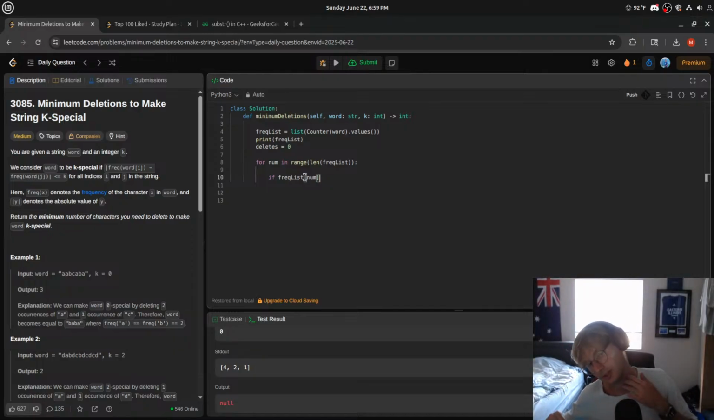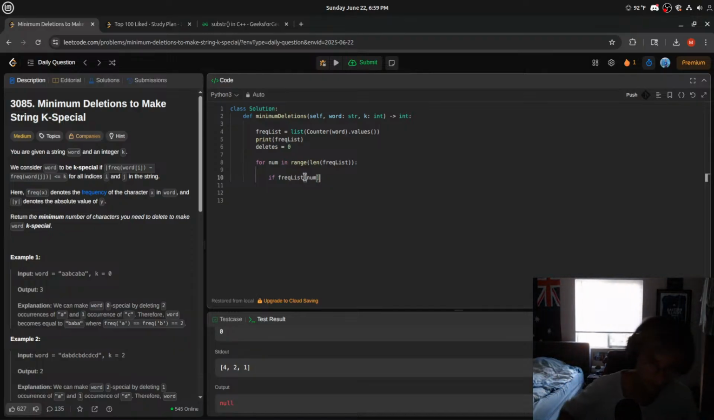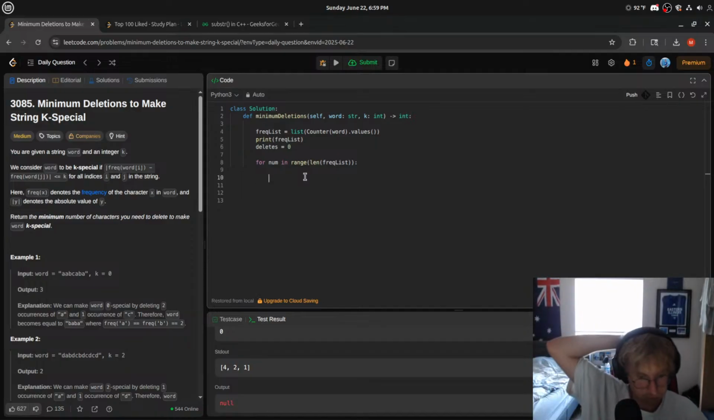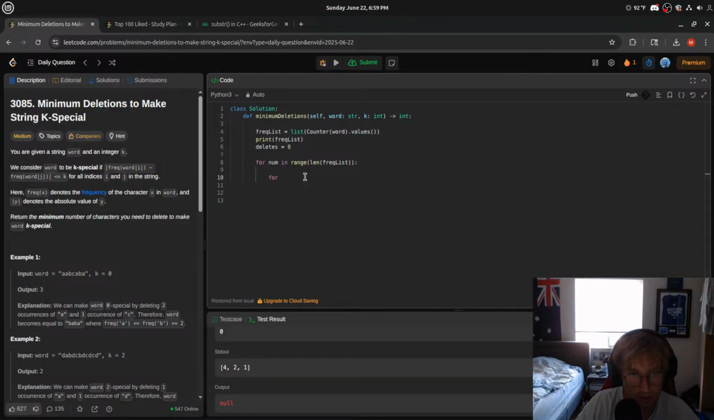is there a better way to do this? For num and freq, maybe. For, let's make this i, make it look better, for i and j. For i in range length freq list. We want to compare, right? But we want to go one step ahead, right? Now we can probably do